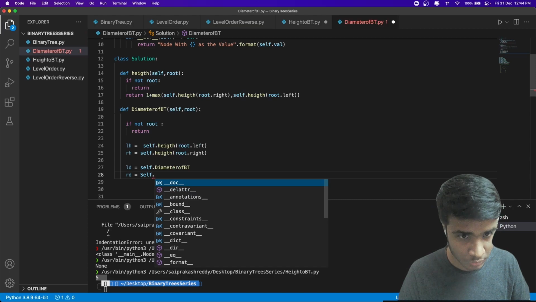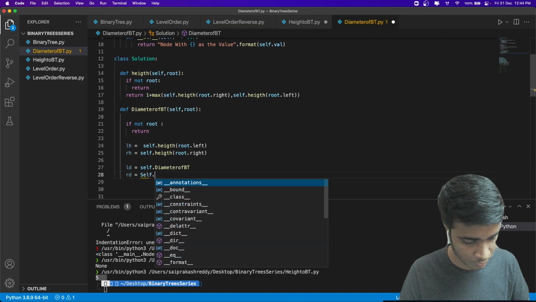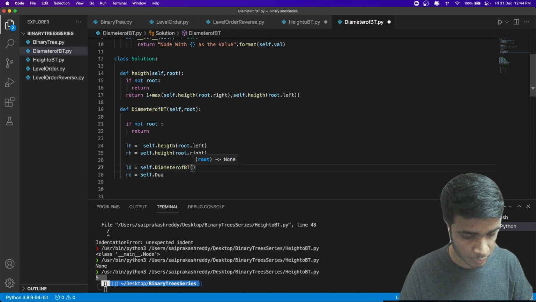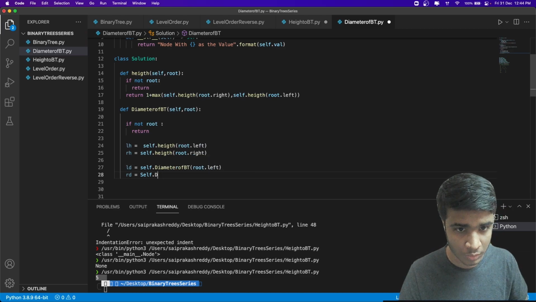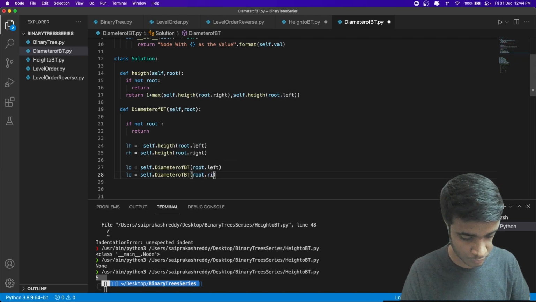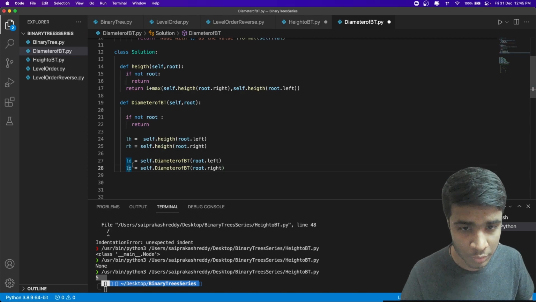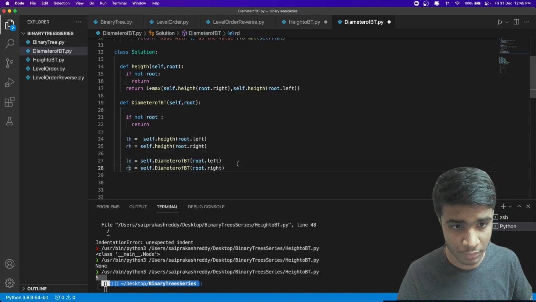So self.diameter on root.left, let me copy this, and on root.right. So this would be the diameter on left and this would be the diameter on right. Right. So that's how we get diameter.